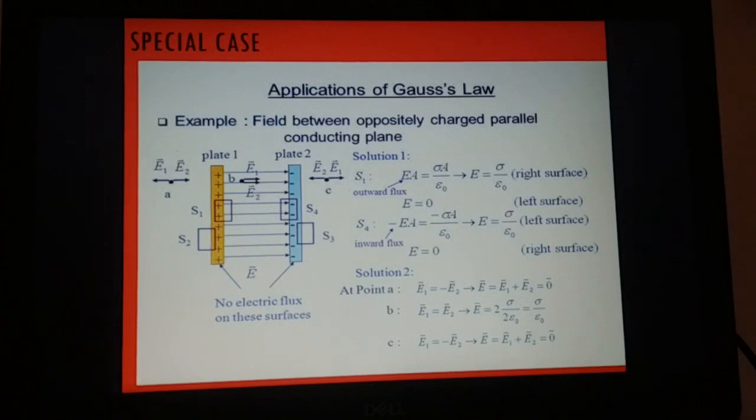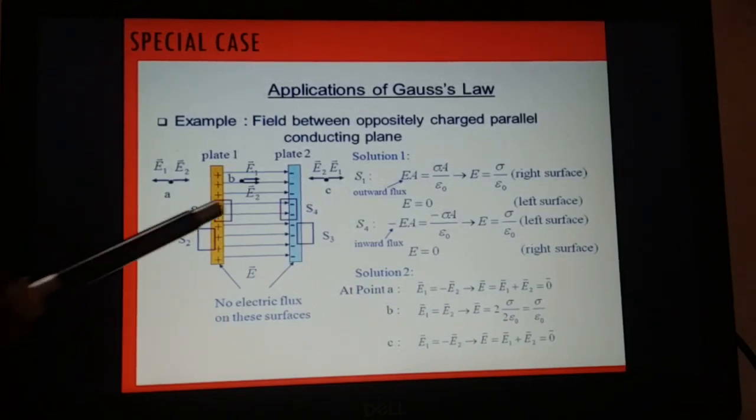Are you getting? Both the plates have the same surface charge density, so the electric field intensity produced by both the plates is the same and is equal to sigma by 2 epsilon 0. In the first region A, E1 and E2 are acting in the opposite direction with the same magnitude. So the net electric field according to the superposition principle will come 0.